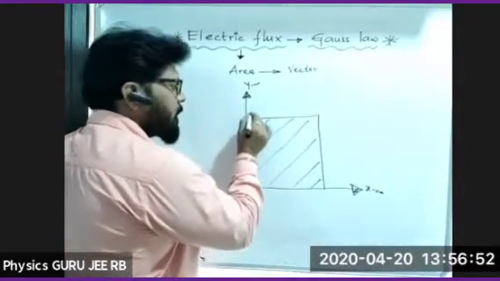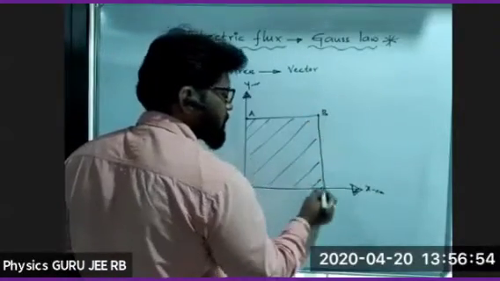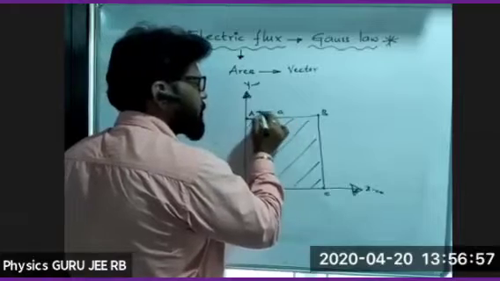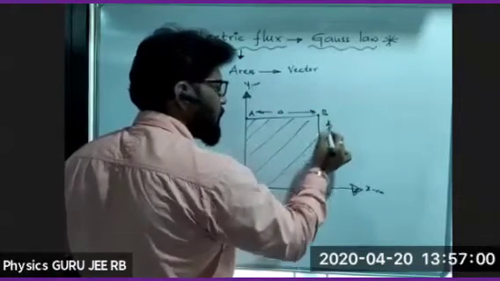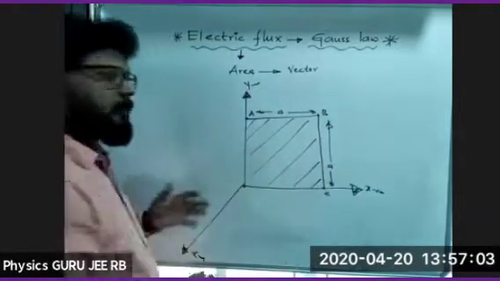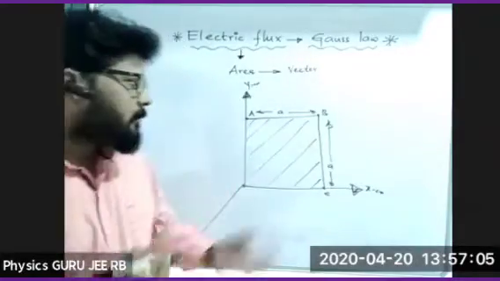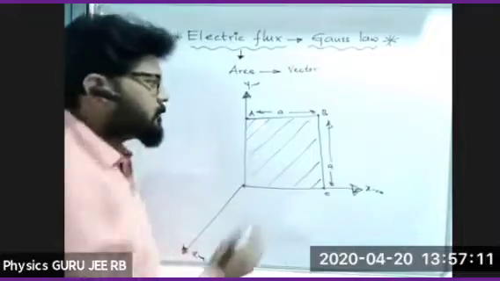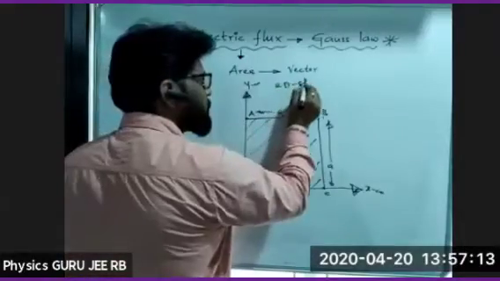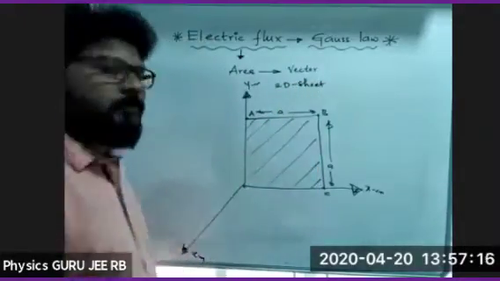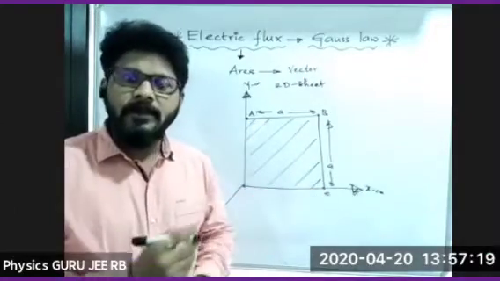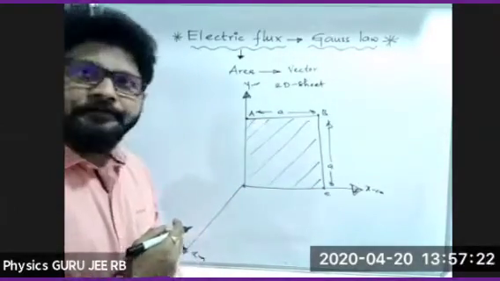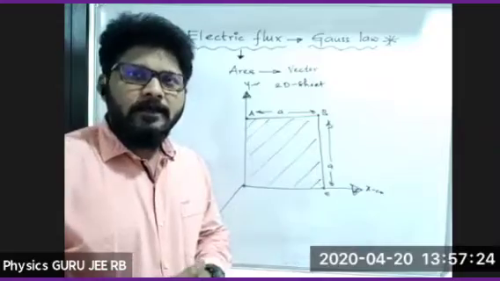Let me take this A, B, and C. The distance from here to here is A, and this is also A. Right? We're getting a three-dimensional image, x-axis, y-axis, and z-axis. I took a sheet, a 2D sheet, nothing but a 2D sheet, A and A. Now I would like to show this as a vector quantity.